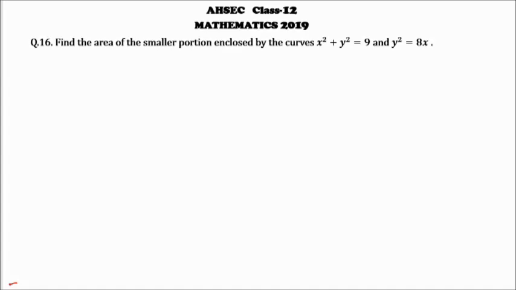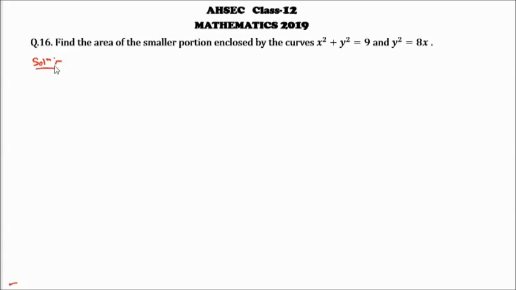So let us see question number 16 from 2019. It says, find the area of the smaller portion enclosed by the curves x square plus y square equal to 9 and y square equal to 8x. So in the solution, let us,